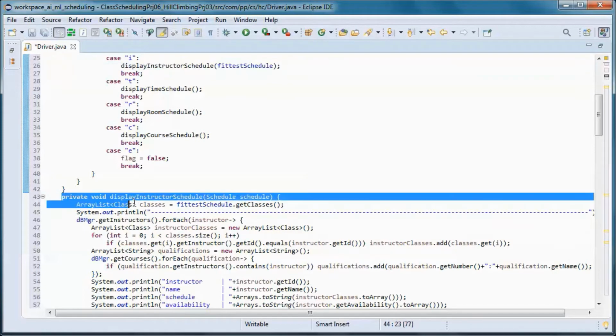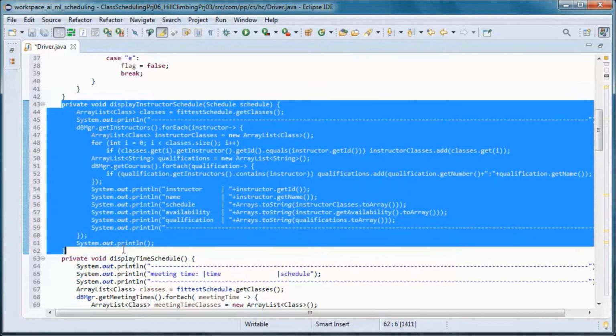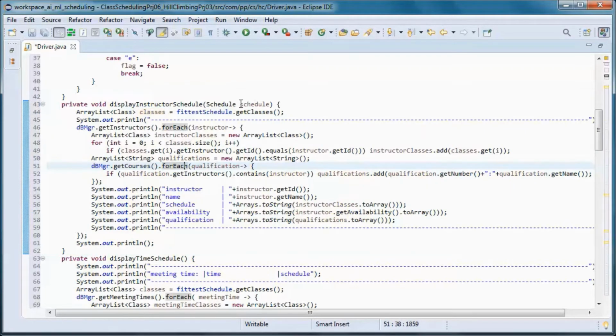So this method handles the instructor schedule display given the passed in schedule.